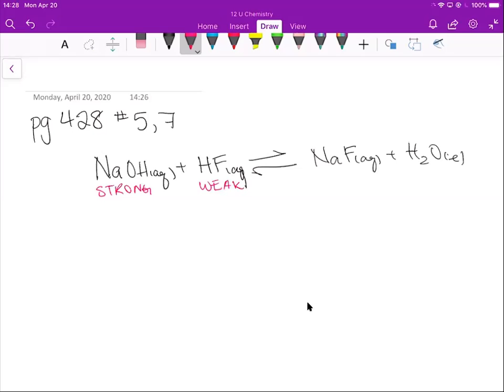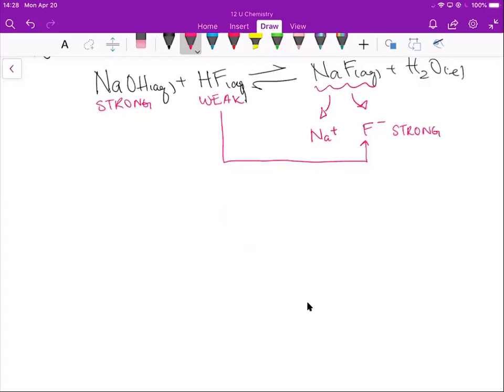Okay? And so that means when you look at the neutralized salt, there's going to be sodium, which is acting as a very weak acid, and then there's fluoride ion. Do you see how whatever is weak is going to be strong on this side? Okay, so I have a strong conjugate base